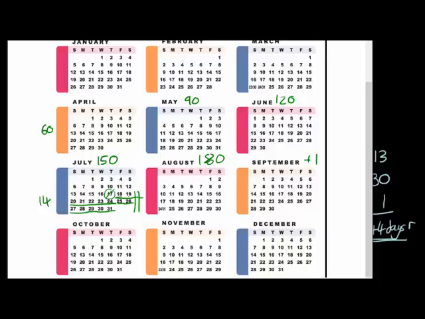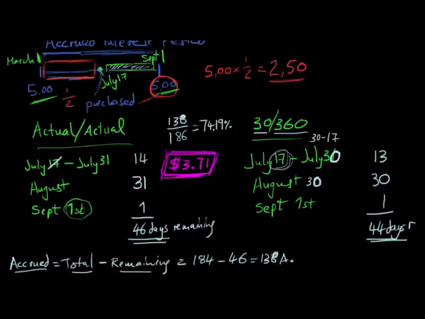plus 1 day for the payment day in September, but then minus 1 day in March for the previous payment date. So the plus 1 and minus 1 cancel out, leaving us with the 180 day half year. So we're going to change the 184 previous figure to 180. Then in the remaining days component we're going to drop it from 46 down to 44,